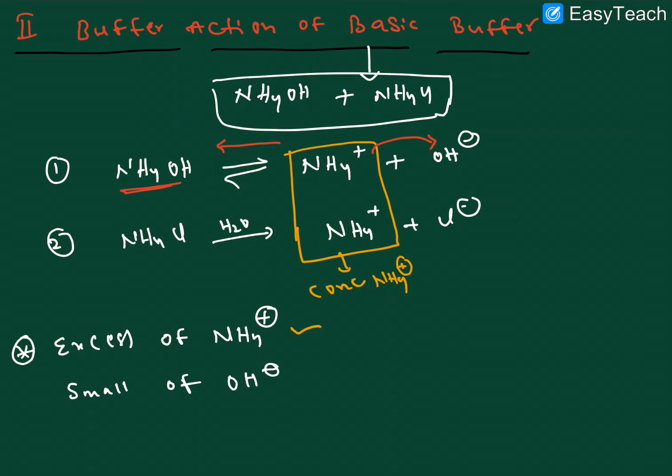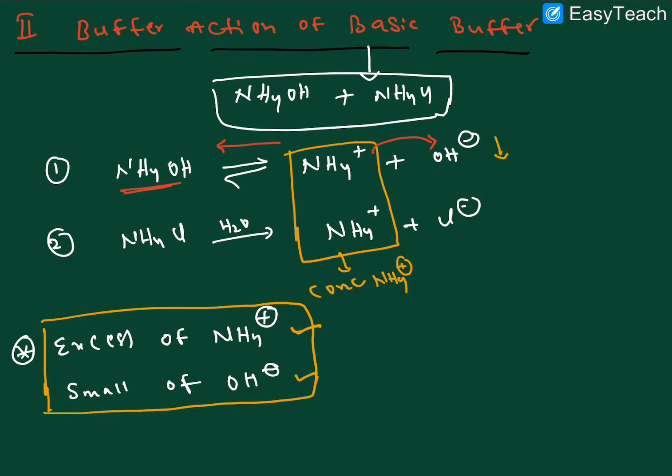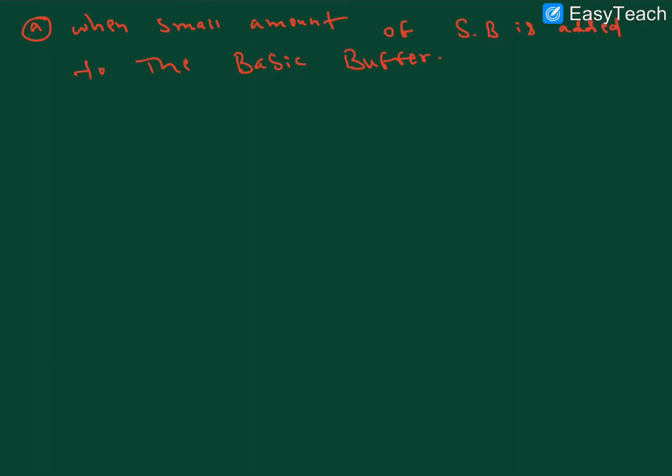So generally, we already discussed this. The ammonium ion concentration is more here, and there is only a small OH minus concentration. Because OH minus readily combines with the ammonium ions, the OH minus concentration is less here. Generally, with the excess of the strong electrolyte, ammonium ions are produced, so the ammonium ion concentration is more here. I hope it is very clear.